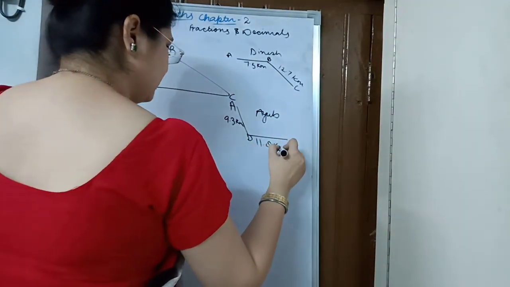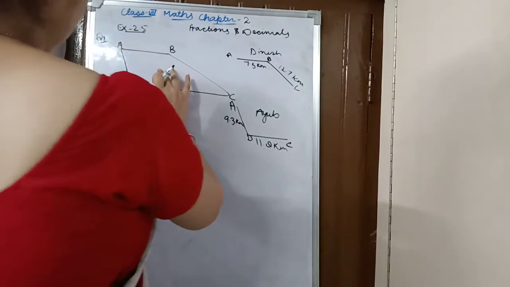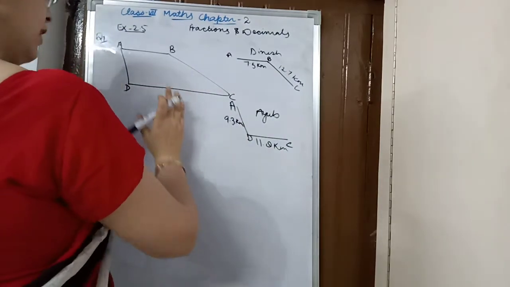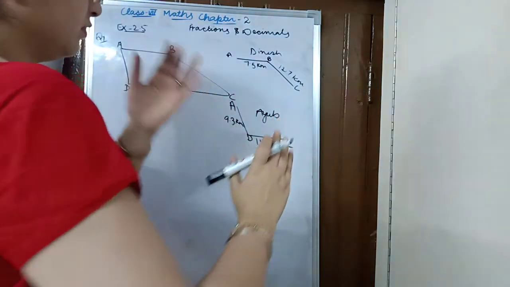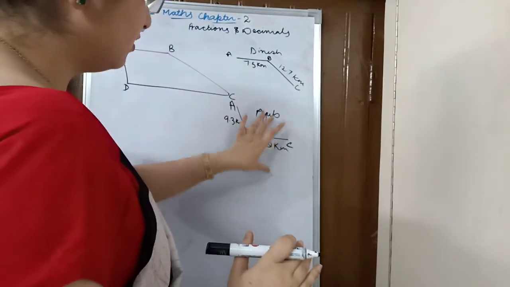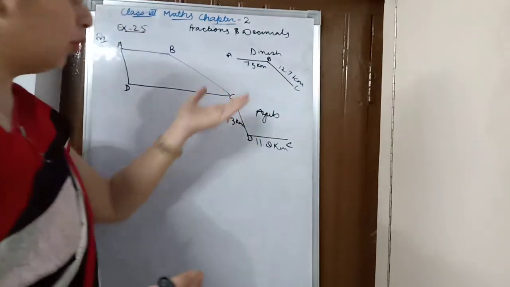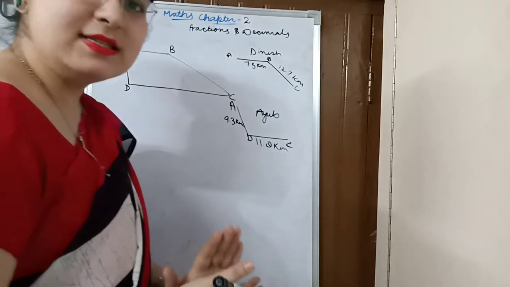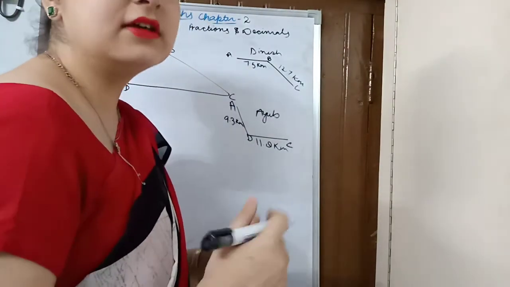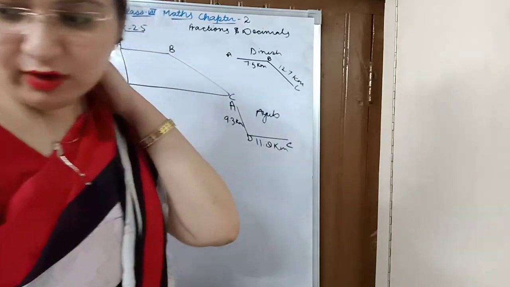Now what they are asking is, who traveled more and by how much? This is the diagram, this is the figure, but I have separated the figure for the distance traveled by Dinesh and for the distance traveled by Ayub. Now it is very simple to find who traveled more. First of all, we will add both of these individually and see whose distance traveled is greater. Whoever's total distance traveled is greater has traveled more distance.